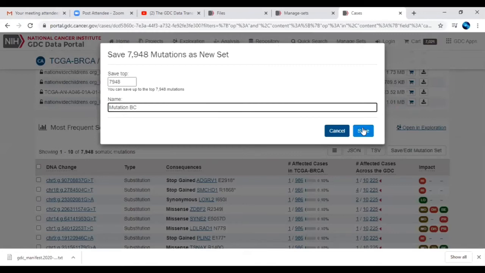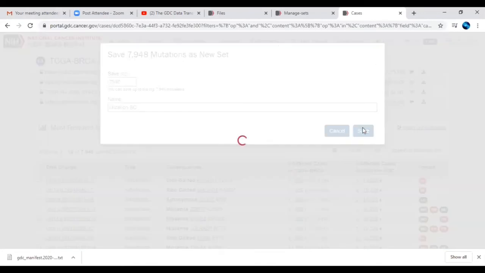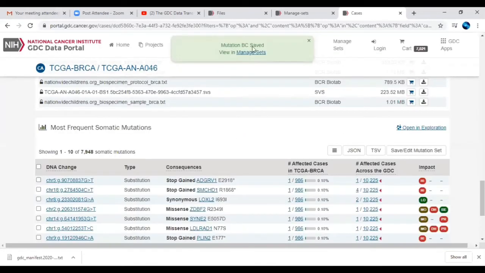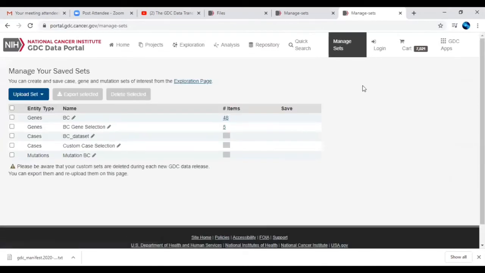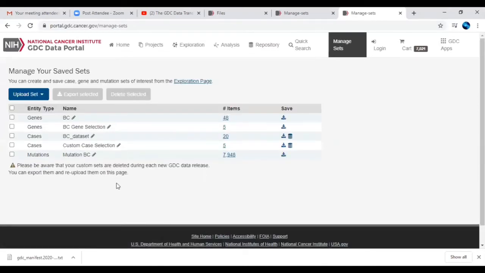So I can save this. After saving this, you can see it is showing mutation BC saved in manage sets. So I will just see what type of data has been saved. So recently I have saved this mutation BC.